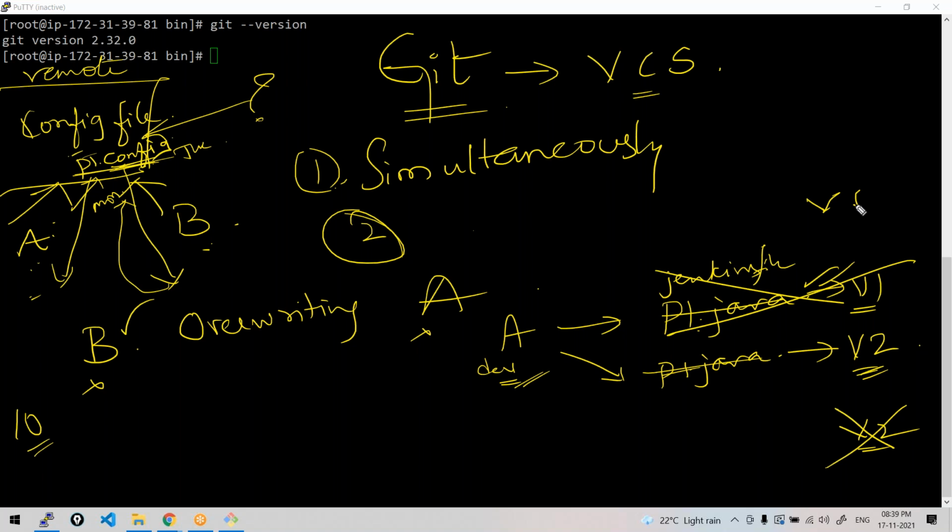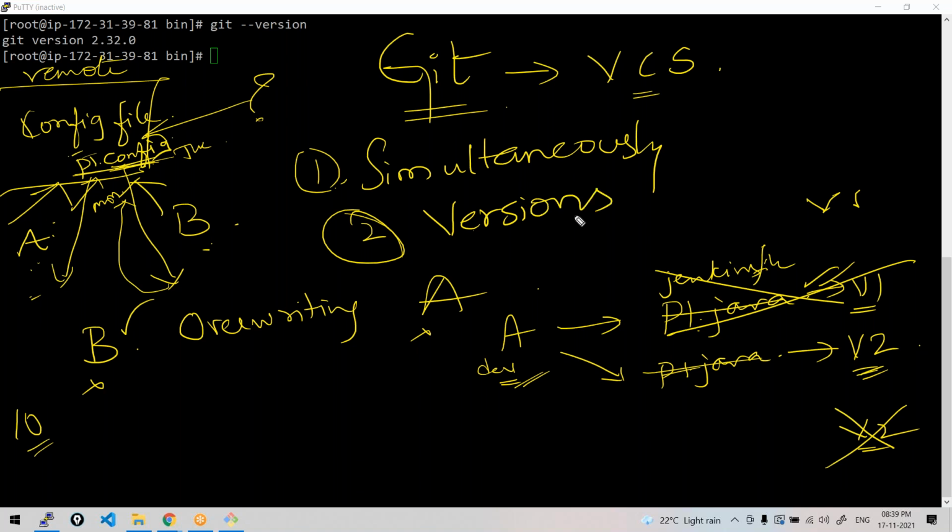Managing versions, whenever you make a change, you should maintain that copy. Previous copies should be maintained. Managing different copies of the same file manually is not possible. There comes the version control system into the picture to maintain versions of each and every file.